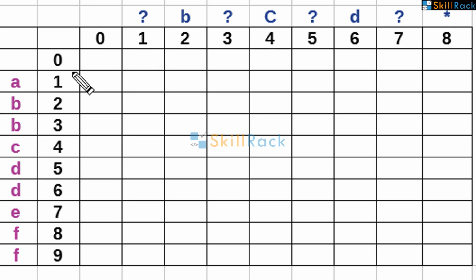As in any dynamic programming, initially we have to fill certain values. So we are going to fill this 0, 0 with 1. Because whenever a question mark or a character comes, only if till the previous it matches, then it will be considered true.